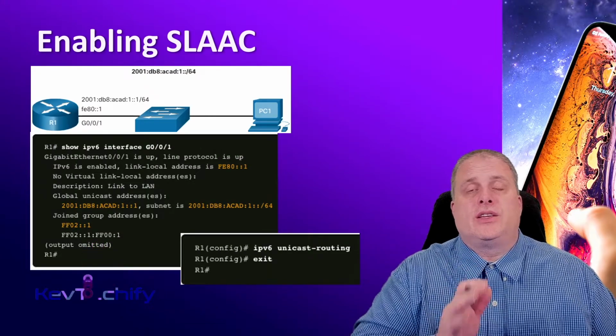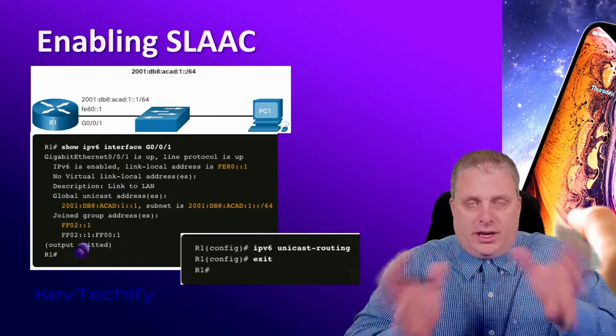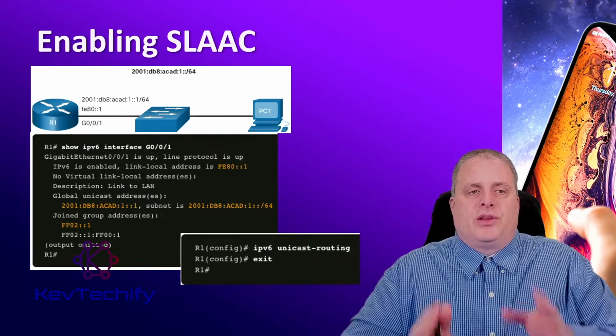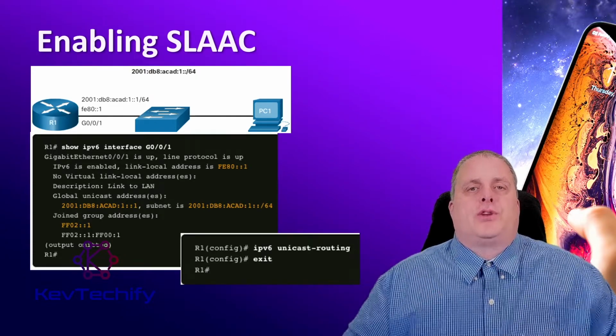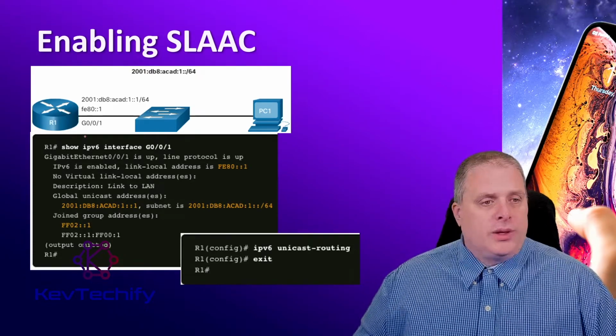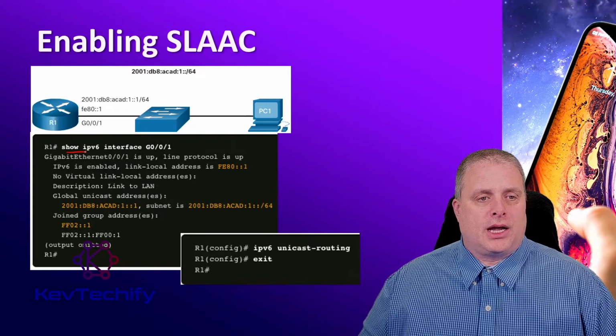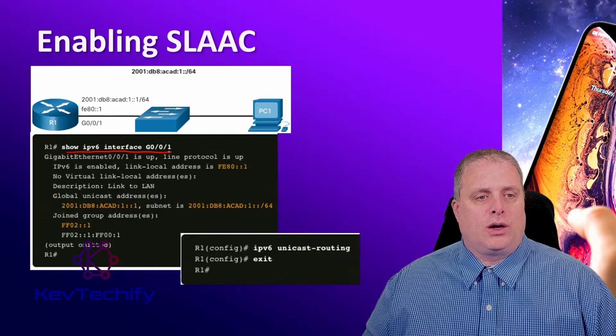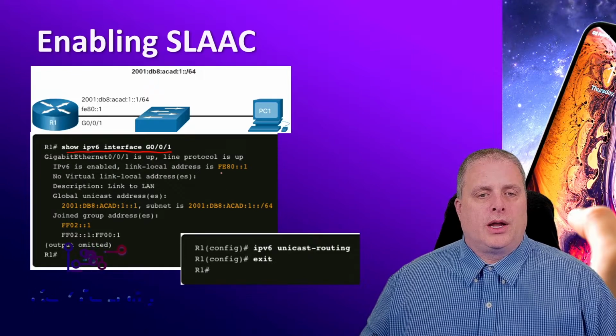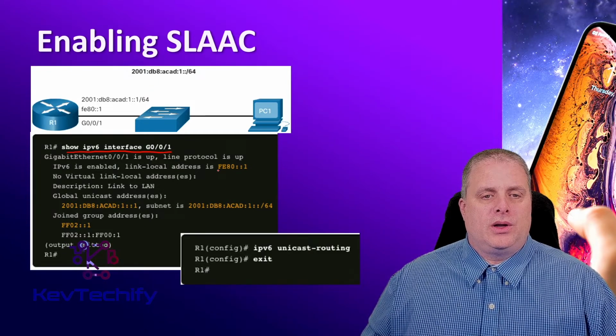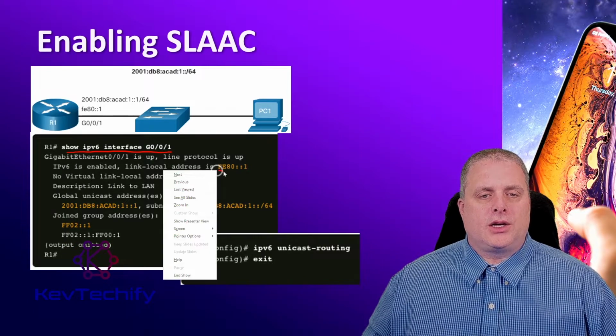To enable stateless address auto configuration, to enable SLAAC, there are a couple of things you have to do. You have to configure your interface with an IP version 6 address. Here we can see we do a show IP version 6 on interface gig 0/0/1. A couple of things we can pull out: it is set with a link local address,